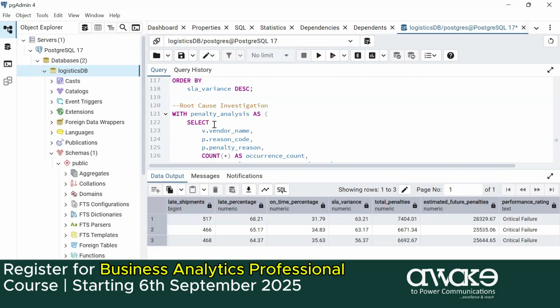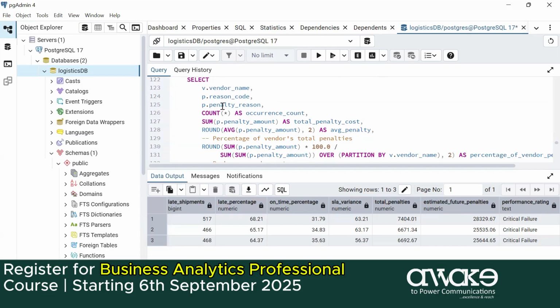Okay. And in this table, we'll be selecting the vendor name from our vendor table, the reason code from our penalties table, and our penalty reason from the penalties table. Then we are counting how many times the penalty reasons showed up and presenting that count as